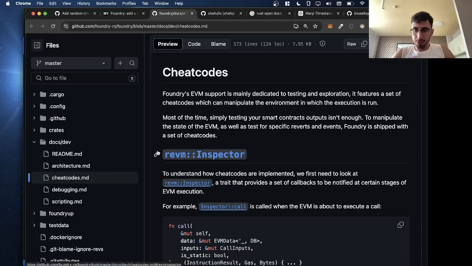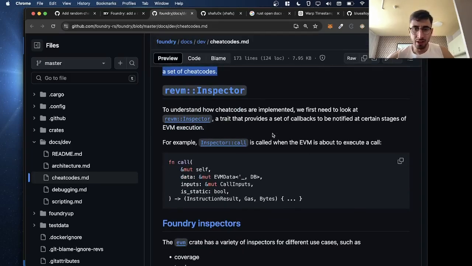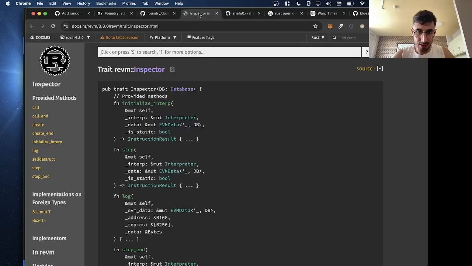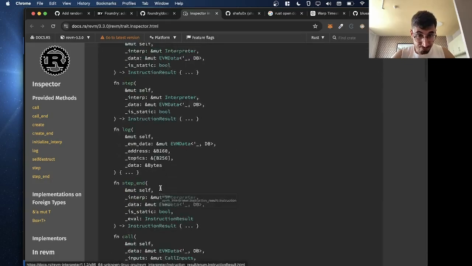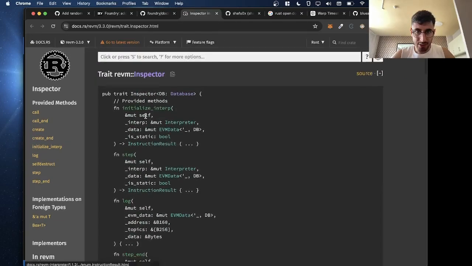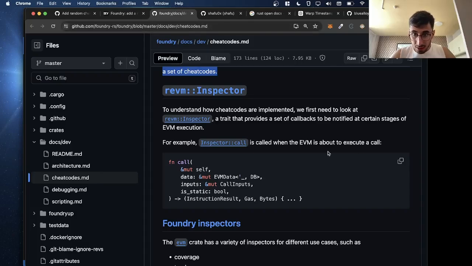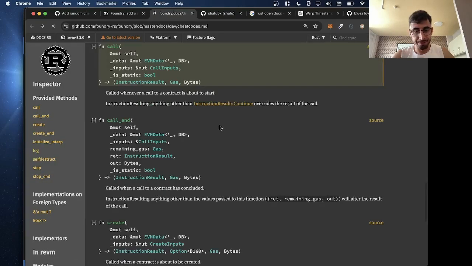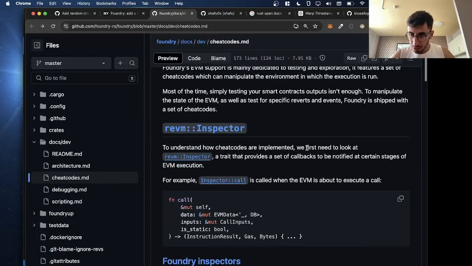Okay, Foundry's EVM support is mainly for testing. Simply testing a smart contract's output isn't enough, so to manipulate the state of the EVM as well, Foundry ships with a set of cheat codes. Okay, Revm inspector. So this is a Revm thing. To understand how cheat codes are implemented, we first need to look at, wow, great documentation by the way, Revm Inspector, a trait that provides a set of callbacks to be notified at